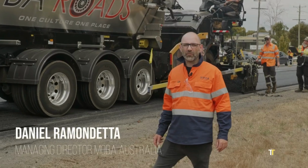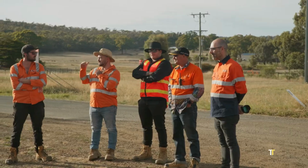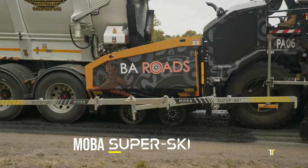Built with durable materials and precision engineering, it enhances mobility, reduces risk, and guarantees operational readiness in some of the